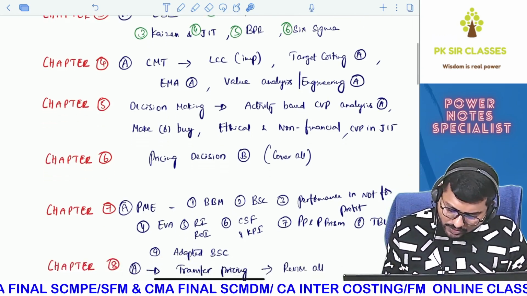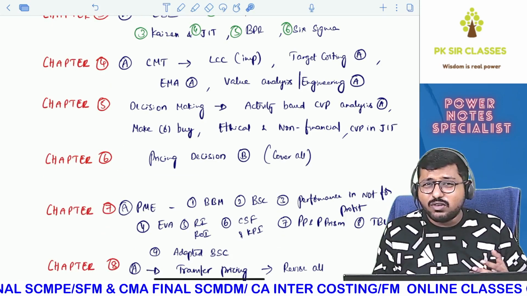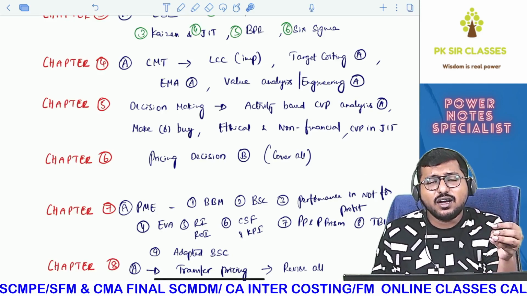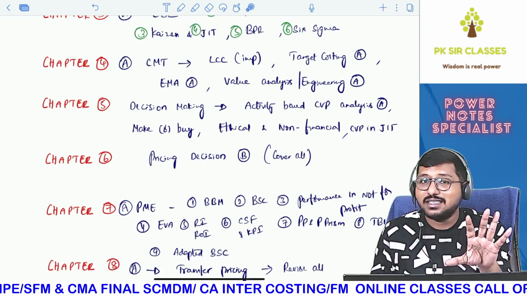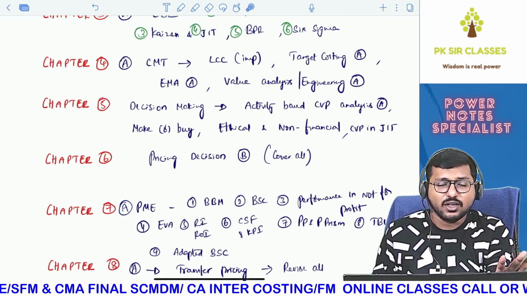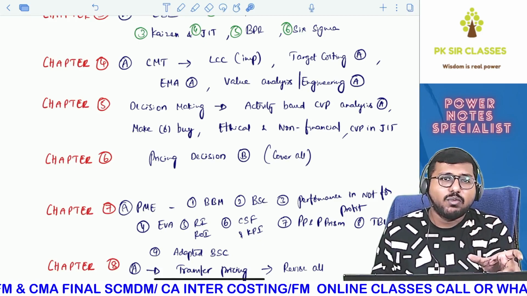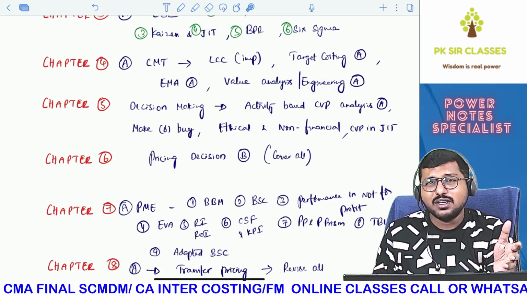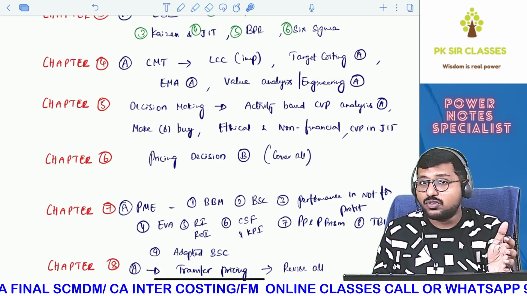Okay, now moving on to the next one, chapter 6, pricing decisions. It is always B category. You just need to cover everything, that's all. But pricing decisions linked with life cycle costing, and sometimes pricing decisions linked with transfer pricing, that is important. That you please try to study. Okay, pricing decisions linked with some other chapters, there are problems. Okay, they are important, don't skip it. But the rest of the chapter, I think it's not that important, but still it is not something that you can skip because it belongs to B category, not C.